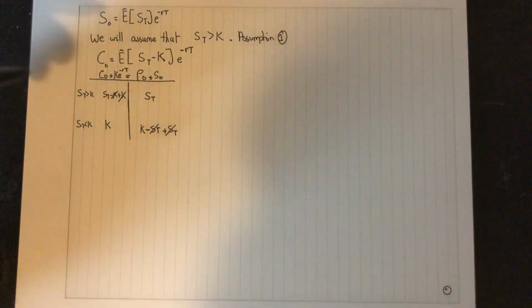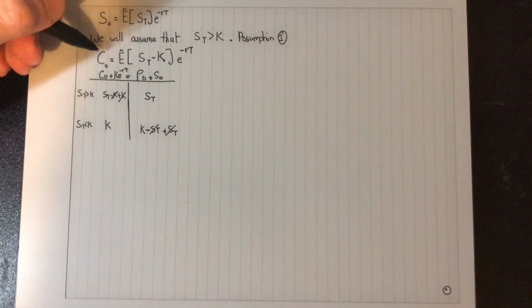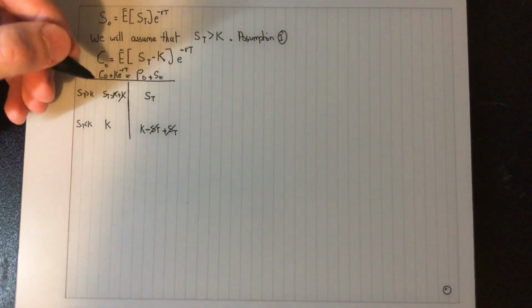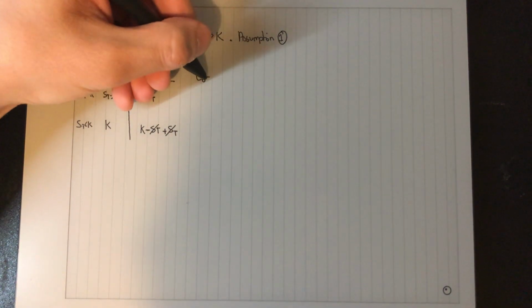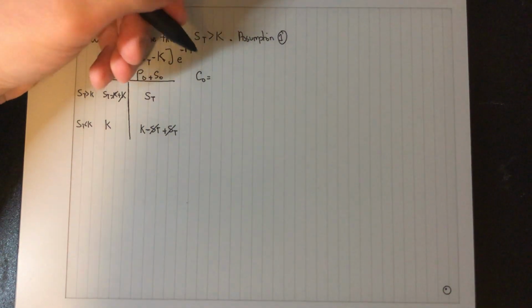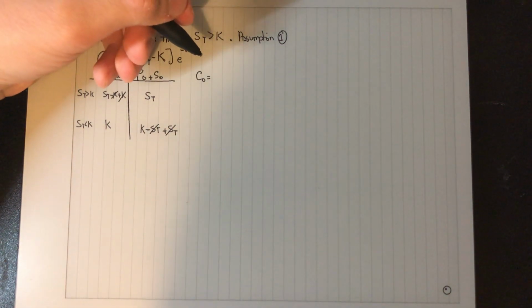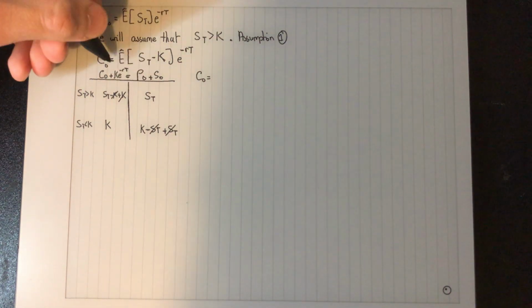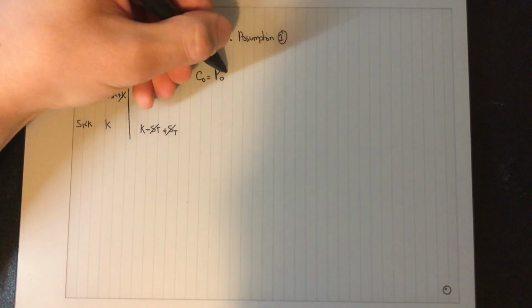So we will now interpret C0 in terms of this equation. So C0 would therefore be equal to P0 plus S0